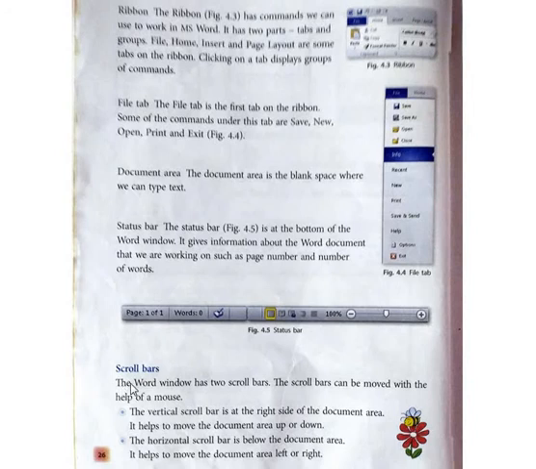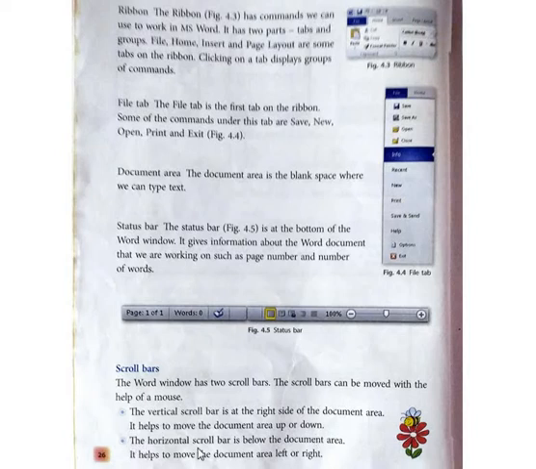Next is the scroll bar. The Word window has two scroll bars. The scroll bars can be moved with the help of the mouse. The vertical scroll bar is at the right side of the document area. It helps to move the document area up or down.